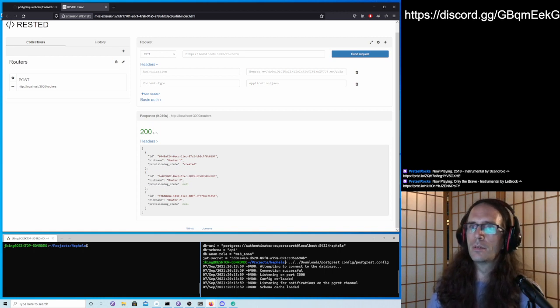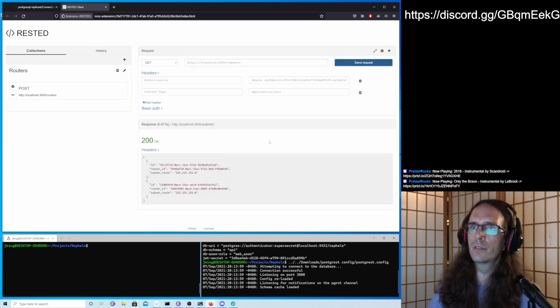Well, fortunately you don't have to go to subnets and pull that down in a separate request and match it up to your routers. You can just do that through query parameters.